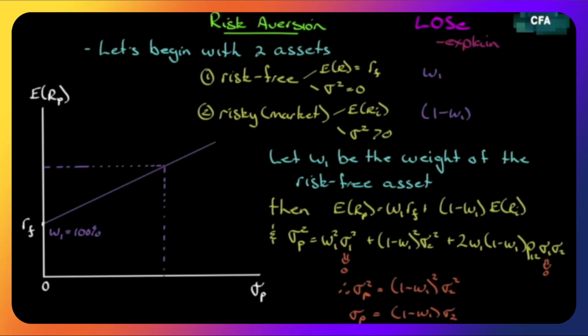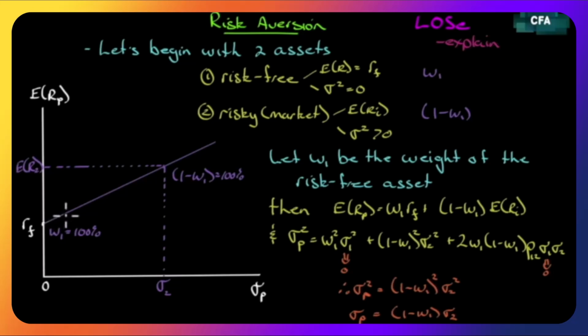Well, let's go to the other extreme and say we're going to put nothing in the risky asset, 0. Well, 1 minus 0 is 1, which means the standard deviation of the portfolio is nothing more than the standard deviation of the risky asset, which is up here. This is 1 minus W1 equaling 100 now, because W1 equals 0. So the portfolio standard deviation will be the standard deviation of the risky asset, and the return will be the expected return of the risky asset.